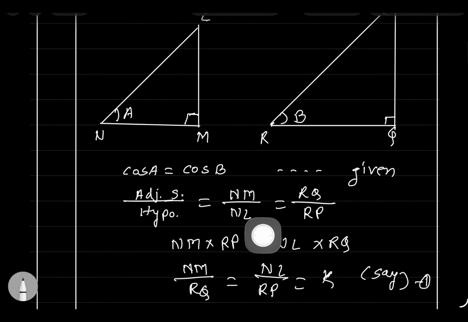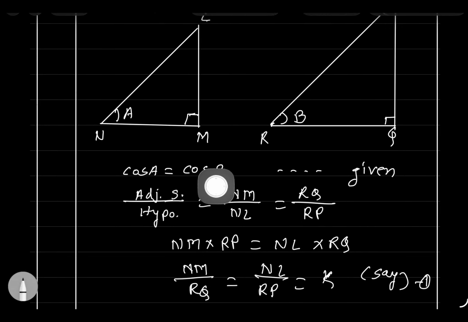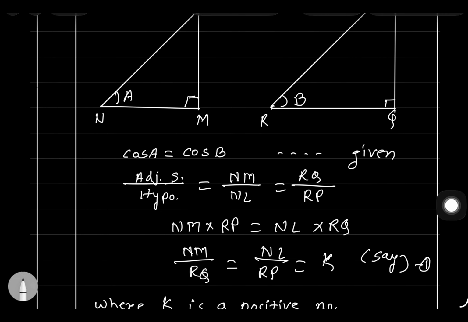So NM upon NL equal to RQ upon RP. We write this with the help of cos A equal to cos B. For whatever angle is given, it is adjacent side upon hypotenuse with reference to that angle. If angle A is there, then adjacent side to angle A upon hypotenuse. If cos B is there, adjacent side to angle B and upon hypotenuse. Now here we take cross multiplication,